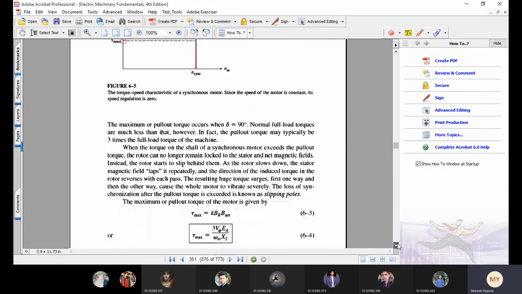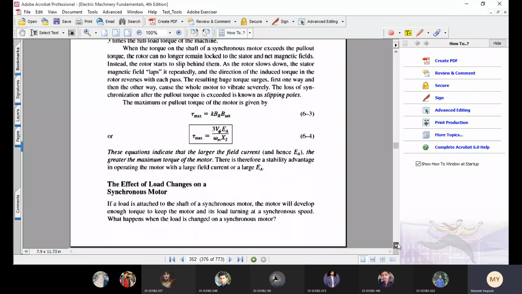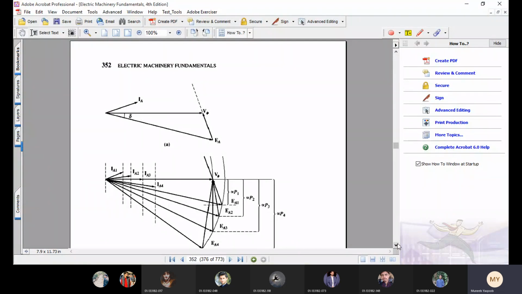था। तो नेक्स्ट इंशाल्लाह जो नेक्स्ट लेक्चर है उसमें ये चैप्टर मुकम्मल हो जाएगा। We will study 3 different types of numericals in the next lecture. One is related to the increase in load or the change in load. The other is the change in field current, and the third is related to the scheme where the synchronous motor was used as a power factor correction means. So inshallah we will cover those 3 numericals in the next lecture. So don't miss the next lecture. It's very important for your